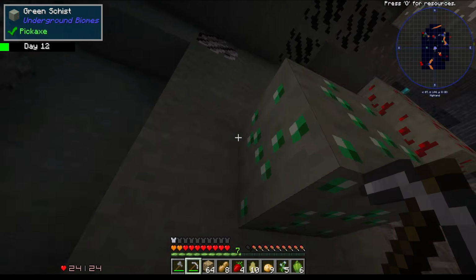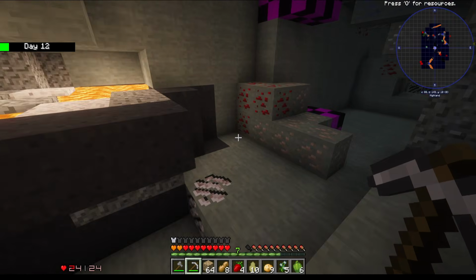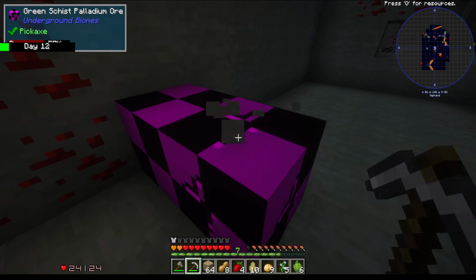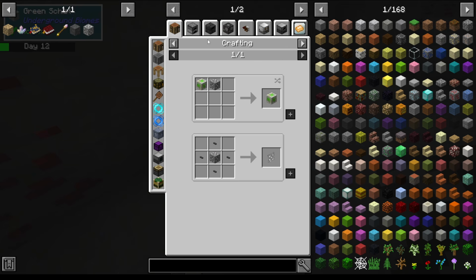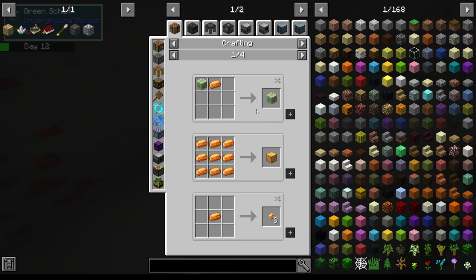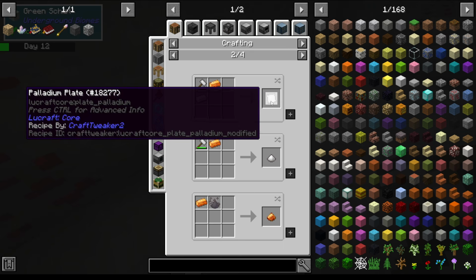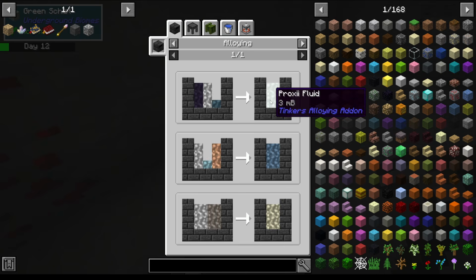Now, what I want to do first, though, is I want to grab all of the green schist emerald ore. And I also want to grab, that's palladium. I don't know quite what palladium is. Palladium's also from InsaneCraft or whatever. That's a taiga, which is a Tinker's alloying thing. Palladium and palladium. So 2 palladium for a palladium plate. Or we can get palladium,